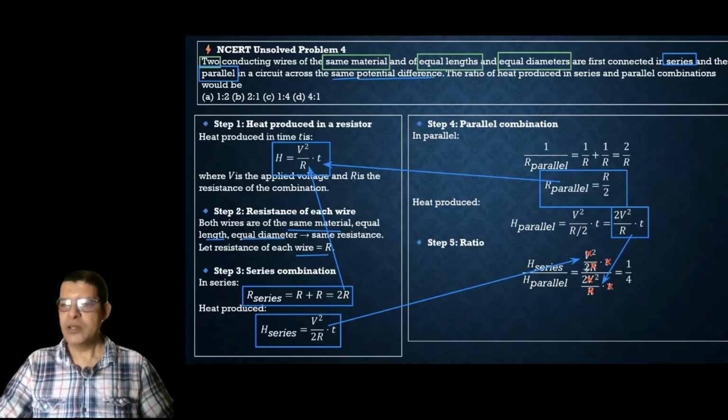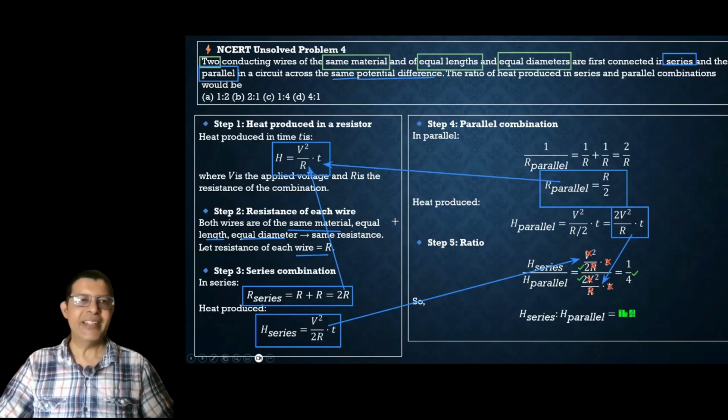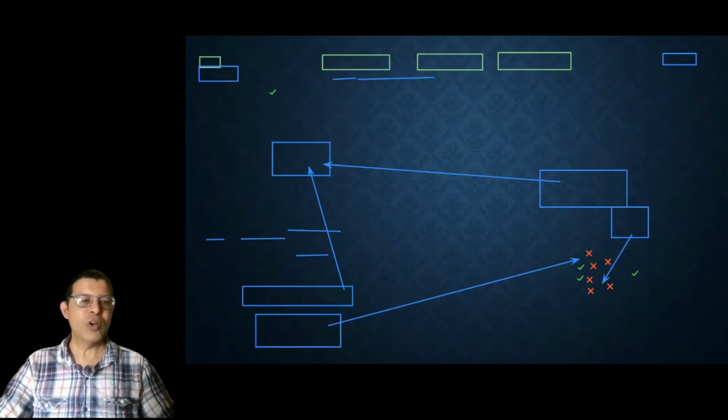Right? And 2 will come in the denominator. It will multiply and you will get 1 by 4. So option number C is the right answer. So hope you have understood this. Fourth problem we have solved. Now we'll go ahead and solve